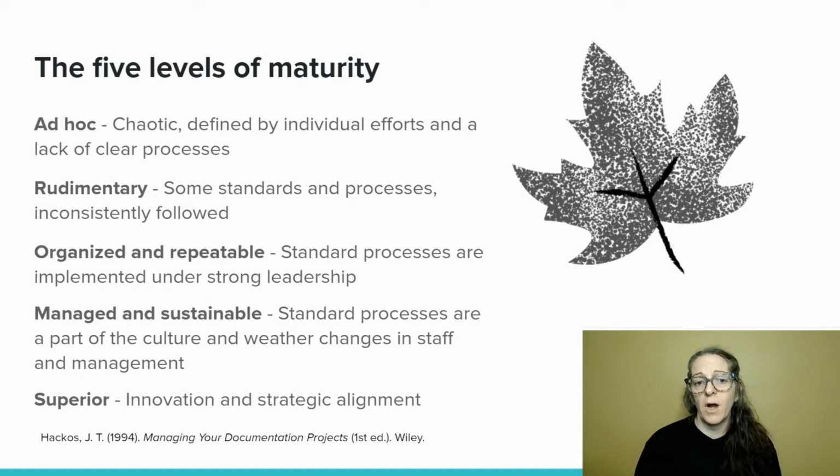The next stage, which is more aspirational, is managed and sustainable. At this stage, there's a comprehensive strategy for improving quality and growing sustainable technical documentation content. There are specialized subject matter experts working together to implement the aspects of this strategy. And there's an effort to begin benchmarking quality of technical documentation and user experience against similar organizations. The processes for surfacing technical documentation needs and calls for improvement are well established and a part of a culture, whatever culture of technical documentation you have in your community.